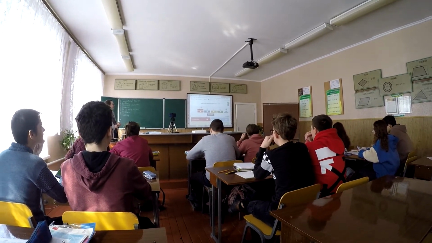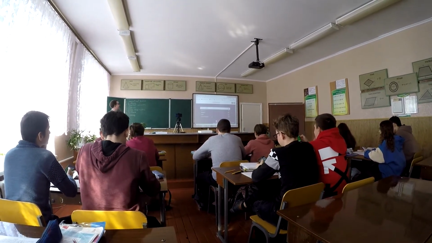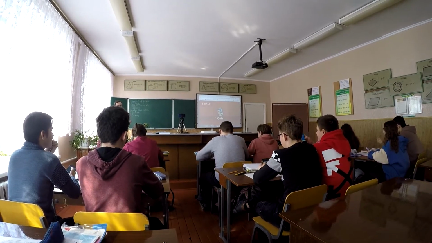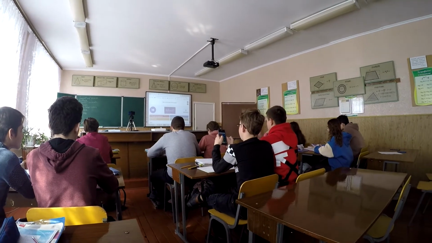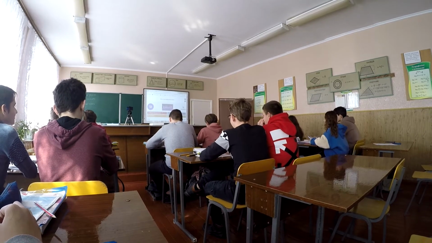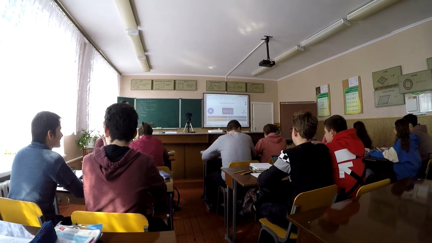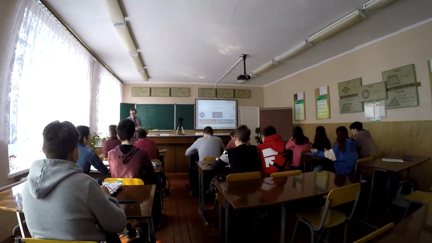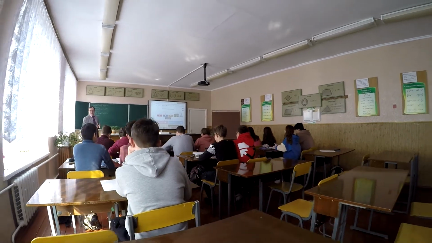Question number 2. What is the national anthem of Canada? You all know that it's Maple Leaf. So at least you know it. Who was the first now? Again Vanya. Vanya presses quickly. Who is the head of the state? Right. The Queen of Britain is the head of the state.